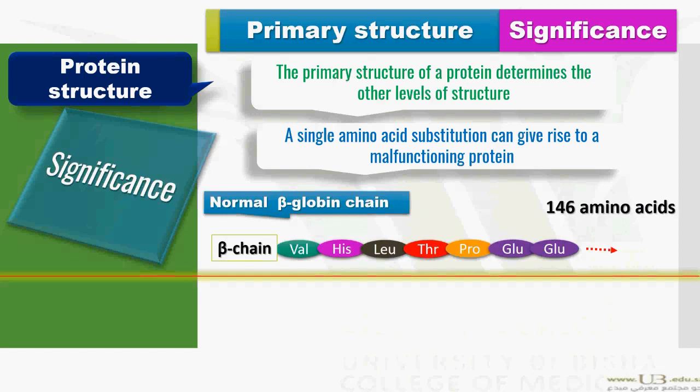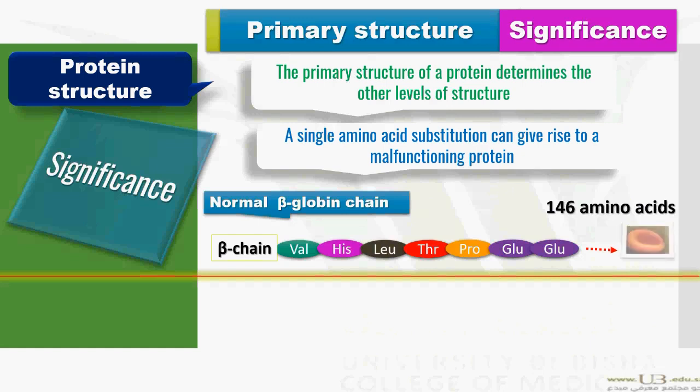And this is a normal beta chain of the hemoglobin, and it is up to 146 amino acids. يعني سلسلة الهيموجلوبين البيتا تشين بتكون من 146 حمض أميني. دي الأول أحماض أمينية في السلسلة من الناحية بتاعت الإن تيرمينس، أوكي؟